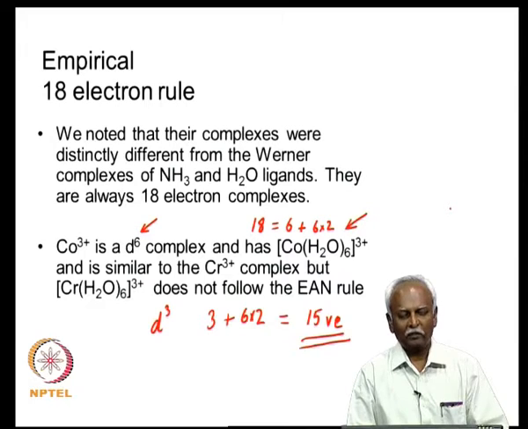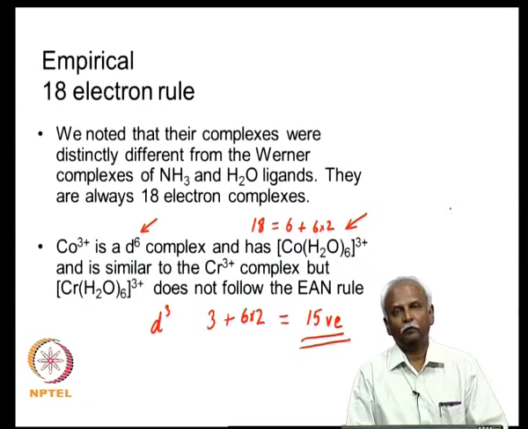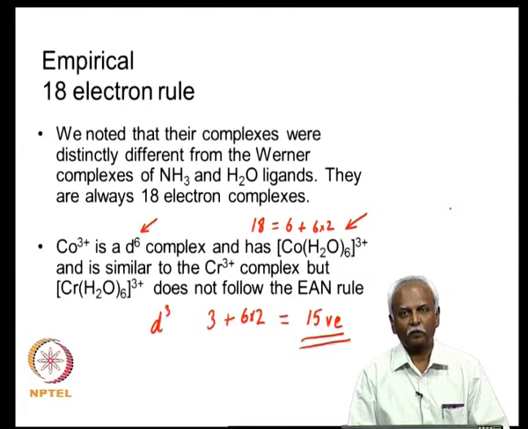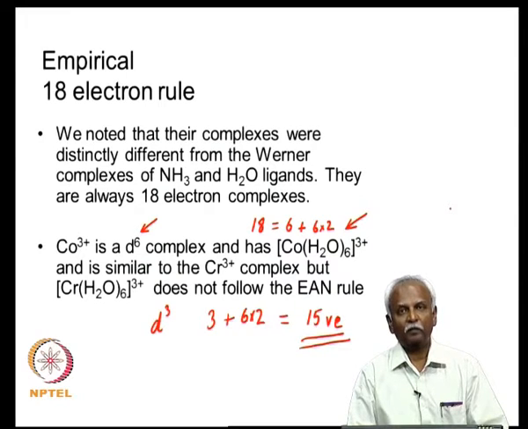What we have noted is that the organometallic complexes that we are encountering in these systems strictly follow an 18 electron rule, and this is very different from Werner's coordination chemistry, where you only have an octahedral complex being formed or a tetrahedral complex, and the driving force seems to be the restriction on the coordination number and geometry rather than on the valence electron count.